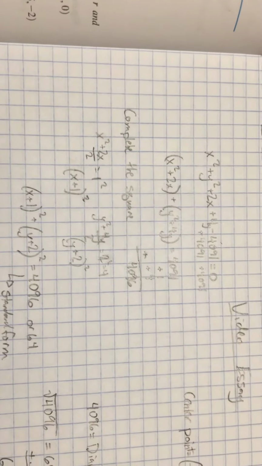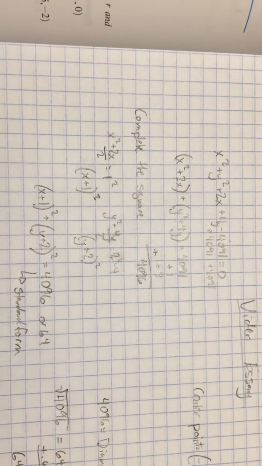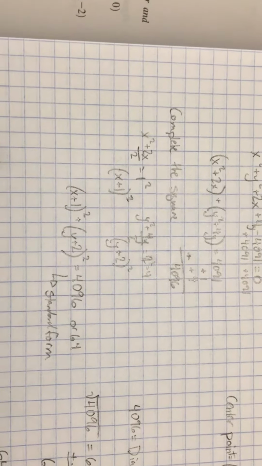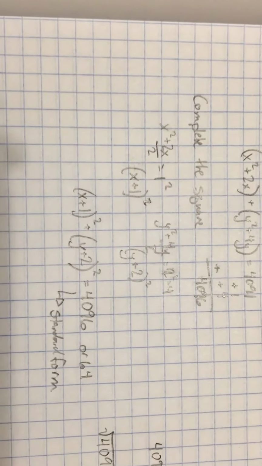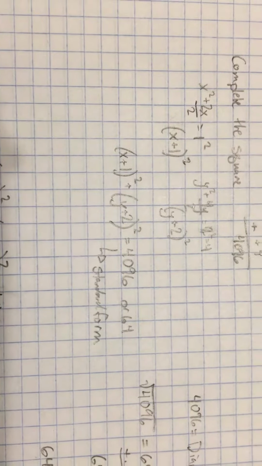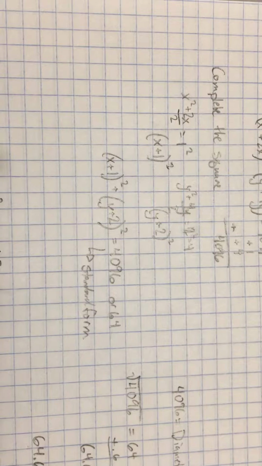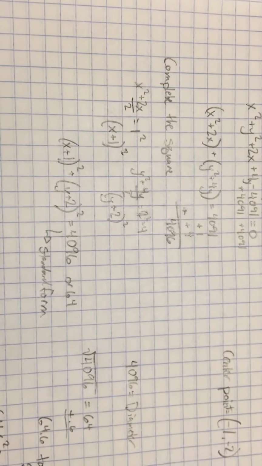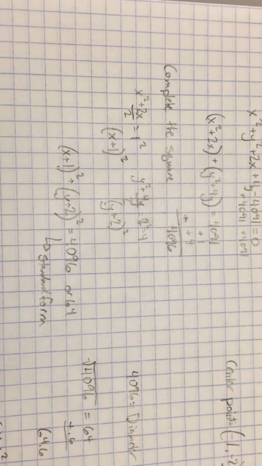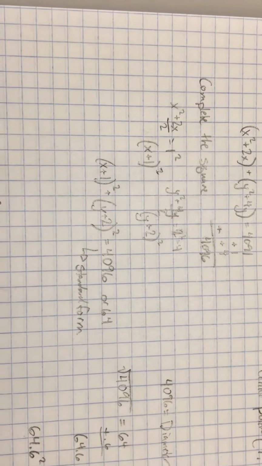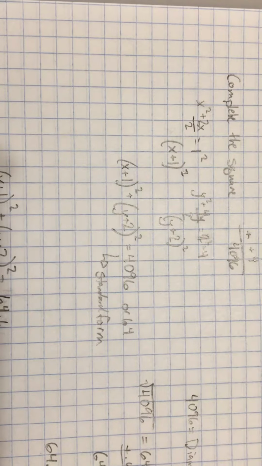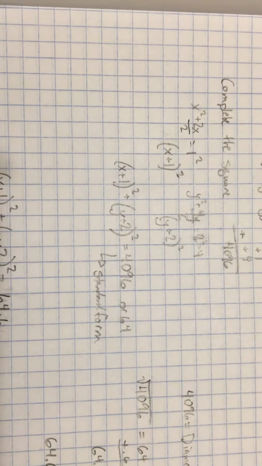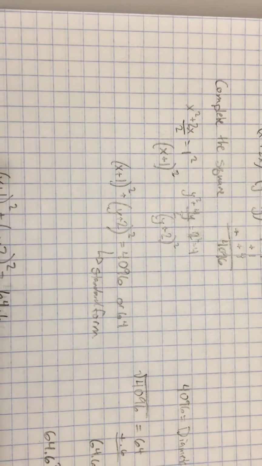So you do that by breaking down the problem, and you put everything with its own unit, and then you break it down to completing the square, which then you take x squared and you divide it by 2, you get 1. It's 1 squared, and then when you finish completing the square, your equation should look like this. And with the numbers you got from completing the square on the outside, you're going to add them to the 4091, which is plus 1 plus 4, so you should get 4096, or when you square root that, it should be 64. So this should be your standard form of x plus 1 squared plus y plus 2 squared equals